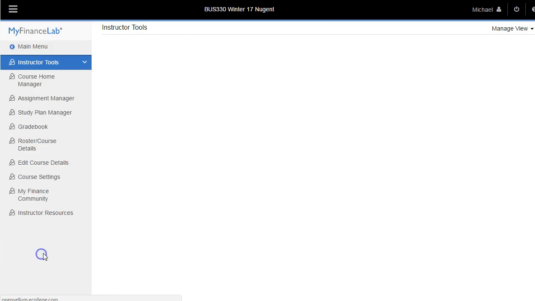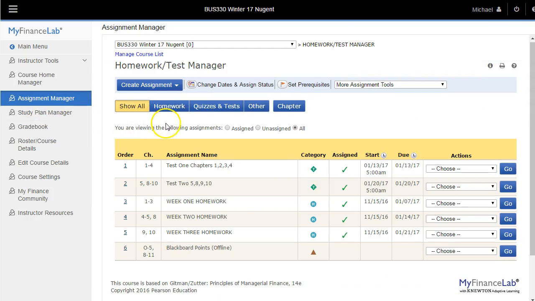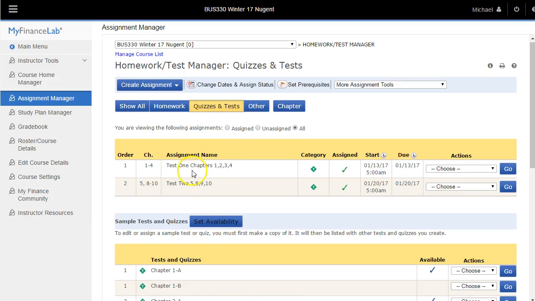So I'm just going to go into my side. On my side, you can actually see the exams. You would click on Quizzes and Tests, and you'll see that you'll have Test 1 and Test 2. Test 1 starts on January 13th, and Test 2 starts on January 20th. And then when you click on it,